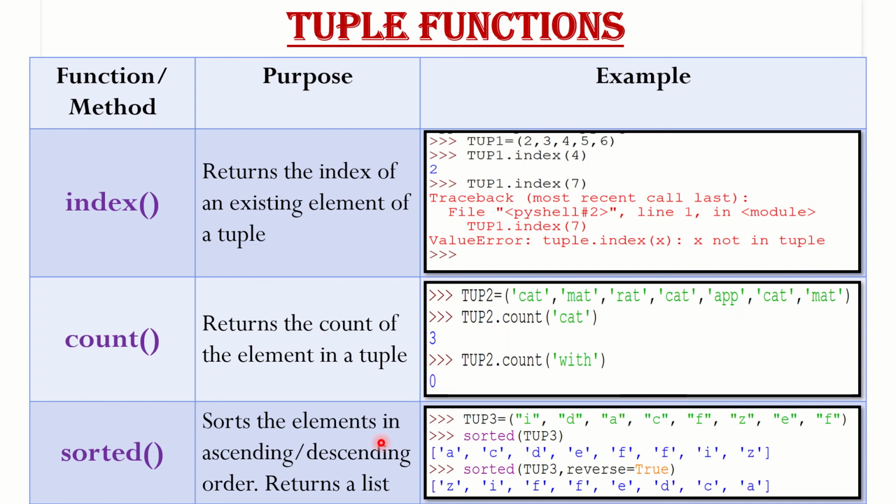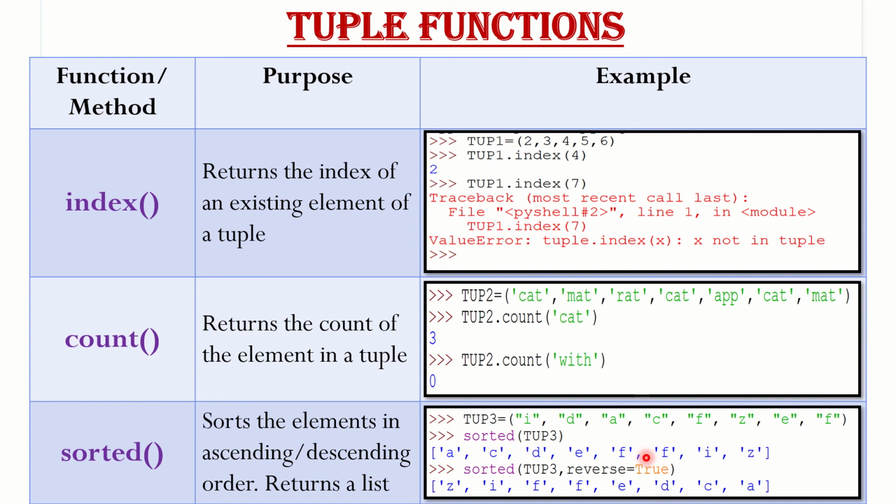Now, if I want to sort the elements in a tuple, as we know that a tuple is immutable, it is not possible to use the sort function as we do in the case of list. We have another function here called sorted. Sorted will arrange the elements of a tuple in ascending or descending order and then return a list. So it is going to sort the elements in ascending order. In this case, I've given sorted tup3 and it returns them as a list. Please remember a tuple is immutable. So it has arranged the elements in a list which is mutable by nature.